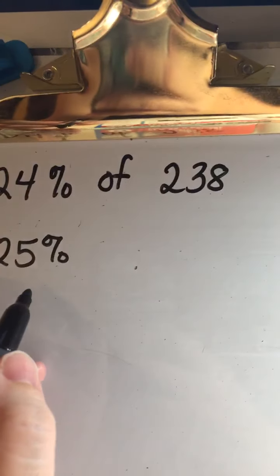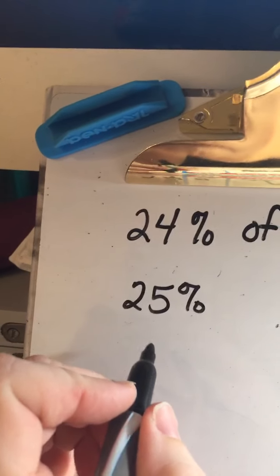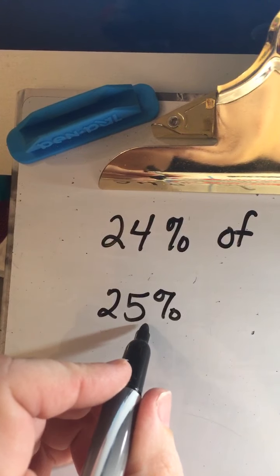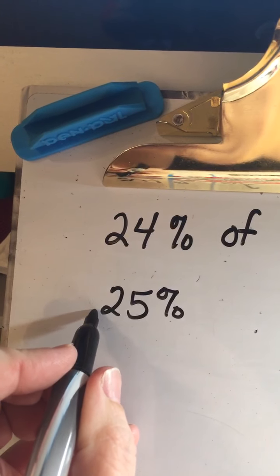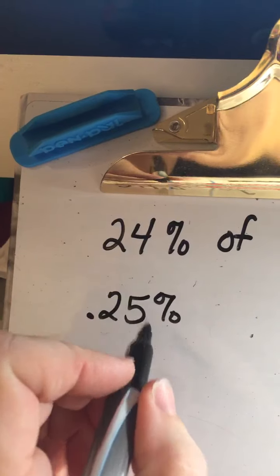Quick check. Letter A. If you have 24% of 238, well, 24% is close to what? What percent could we use that it would be close to? Well, I was thinking 25, because 25% we can write as 1/4. So you could do it as a fraction, or you could do it as a decimal. Let's do the decimal, move it over 2 places to the left. So 0.25